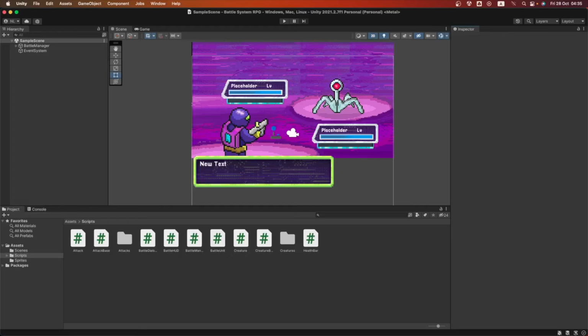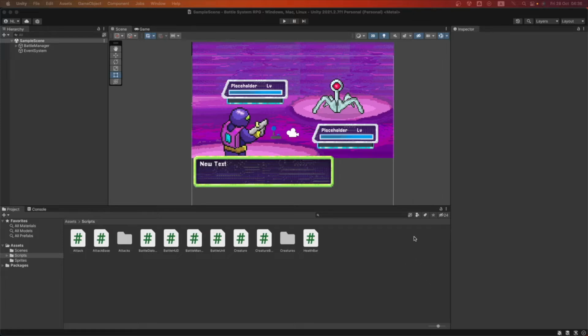Okay, so first things first, we're gonna import a package from the asset store, which is the one that we're gonna be using for the animations, okay? So for everything to work, before we go into building the gameplay loop about the attacks and getting damage and everything, we're gonna import that, because we're gonna be using it all over this video and the next one, okay?